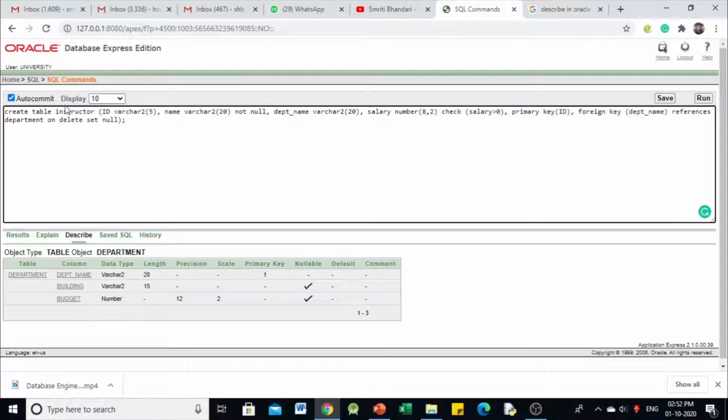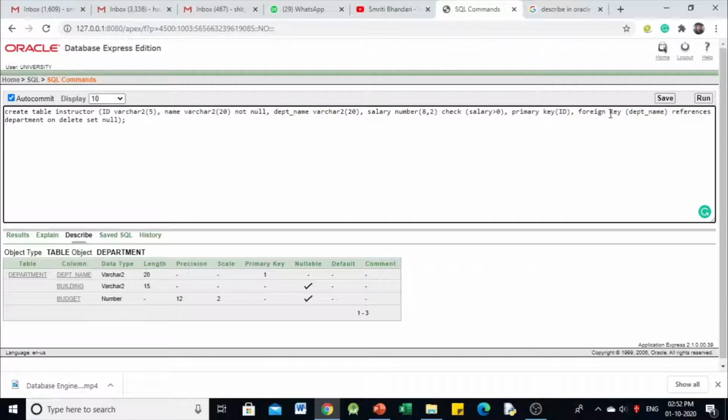Whenever we insert a record for the instructor, before inserting the instructor record we should know the department of the instructor. So if and only if that department name is available in the department table, can we use that department name while inserting the data in the instructor table.